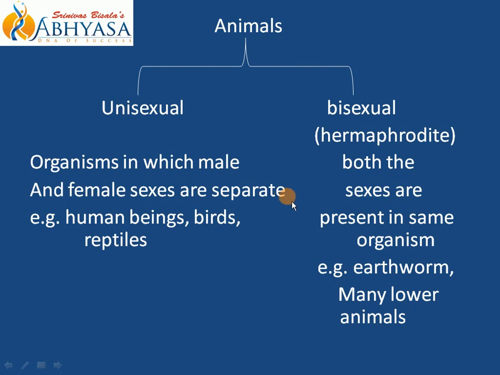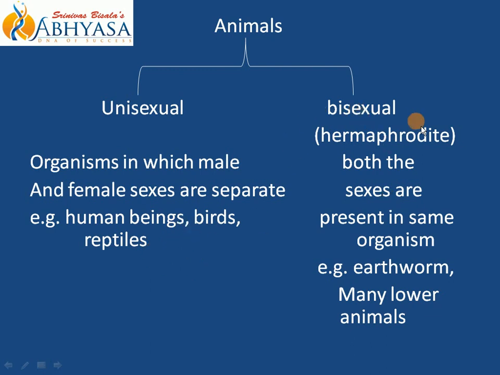I will repeat once again, because even though this term sounds very easy, later on it becomes complicated. What does unisexual mean? We tend to make mistakes. That's why I am emphasizing once again. Unisexual means those types of organisms where sexes are separately located. Separately located means in separate individuals. Examples are human beings, birds and reptiles. While in bisexual, you may get some exceptions also apart from these examples.